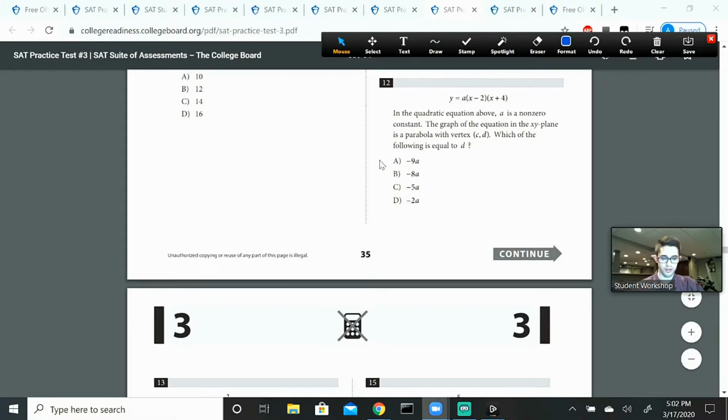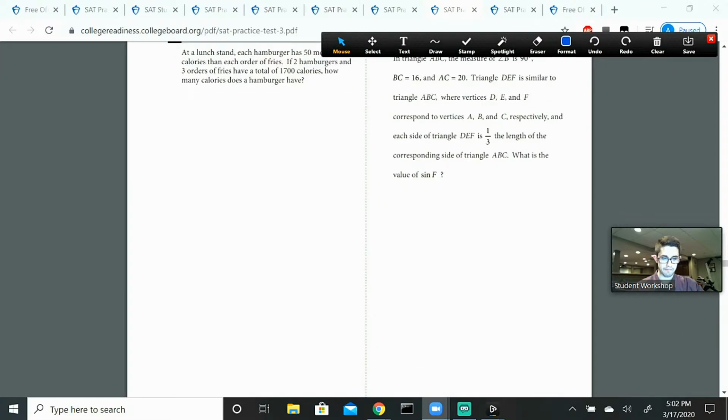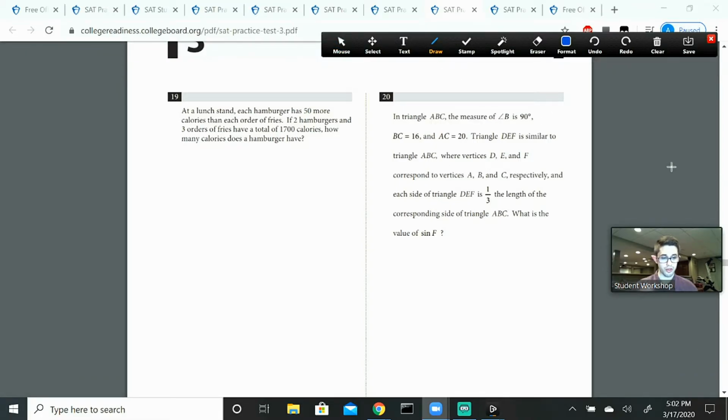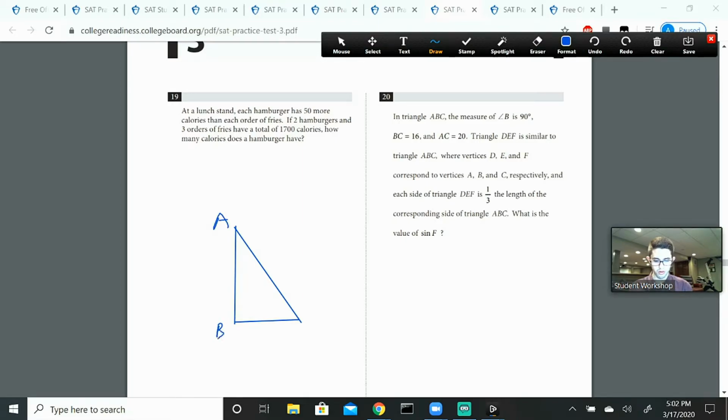Next one is 20. All right, in triangle ABC, the measure of angle B is 90 degrees. Anytime I'm given geometry on the SAT, I immediately start drawing because it's helpful to keep things in check. So we have triangle ABC, and B is the right angle. So A, B, C with the right angle B. BC is 16, AC is 20, and